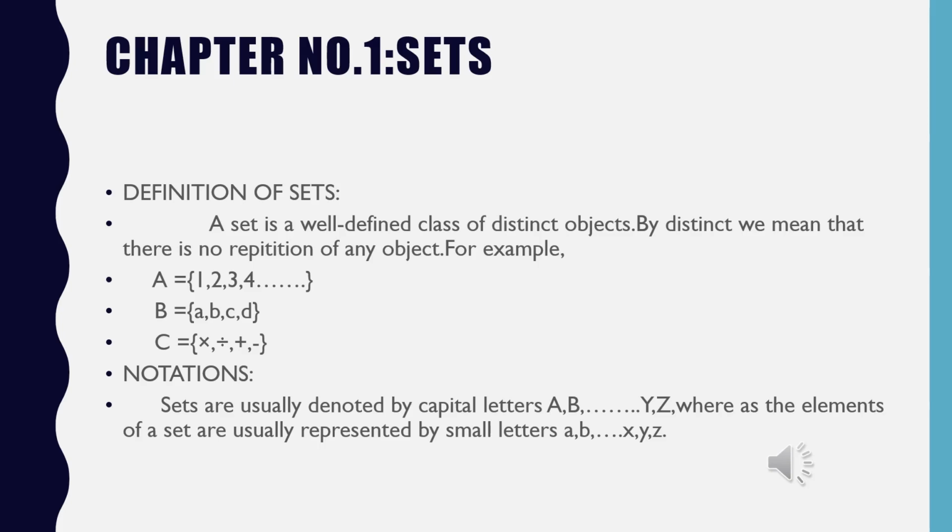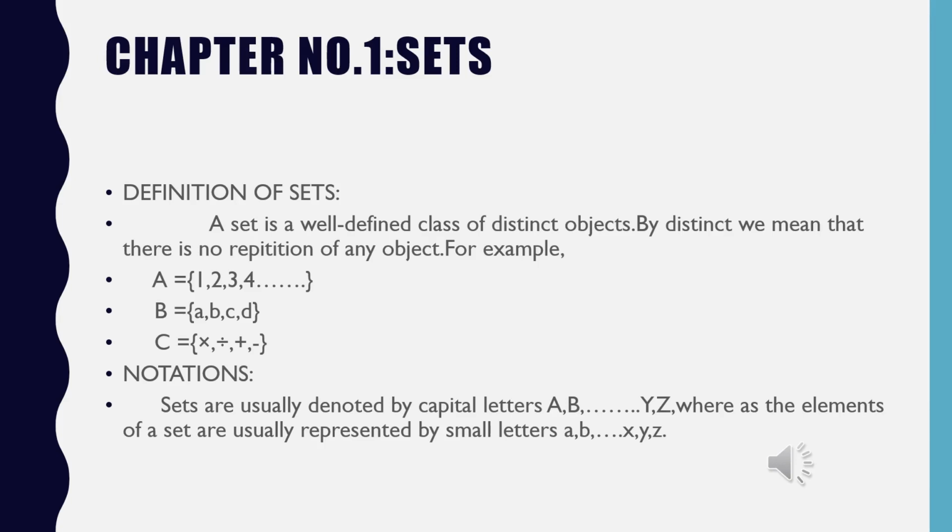What is the descriptive form? As the name indicates, this set will only describe itself in words. Suppose first 5 natural numbers starting from 1 till 5. Only we will describe the set 1 till 5. What are the natural numbers? Natural numbers are starting from 1, 2, 3, 4, 5. So this is called the descriptive form. Here we don't have to write the numbers. Only I'll write a sentence that is set of first 5 natural numbers.